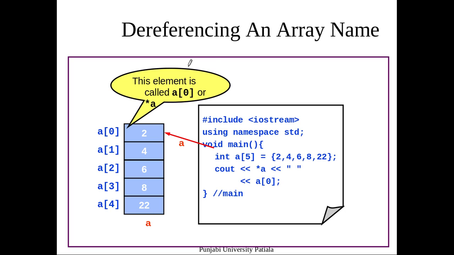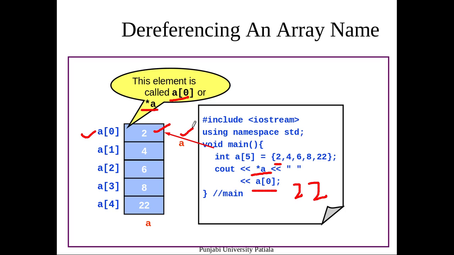Now this has very interesting inferences. You can dereference the array using the name. For example, if I am using a[0] to print a value, then I can also use *a, because *a means the content of the location which is pointed to by a, because a is a pointer. So I can access this location in two different ways. For example, if I write *a and if I write a[0], both will print the value 2 in this case, because the first value is 2. So I have two different ways to access the location of the array. One is using the index number, another one is using the pointer.